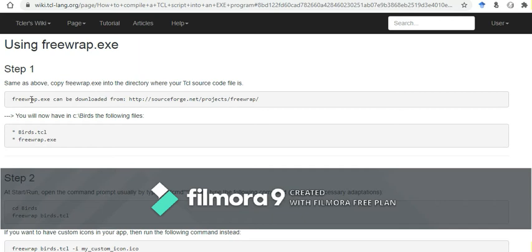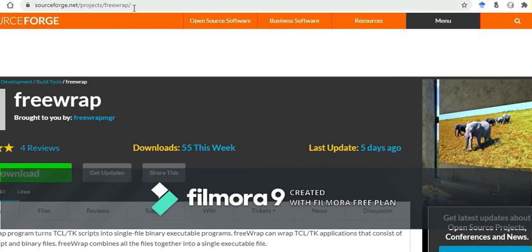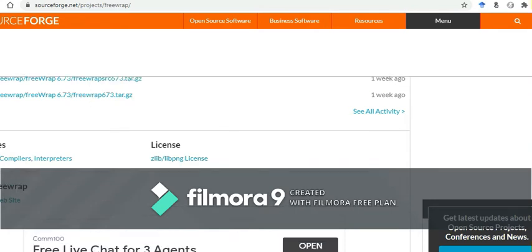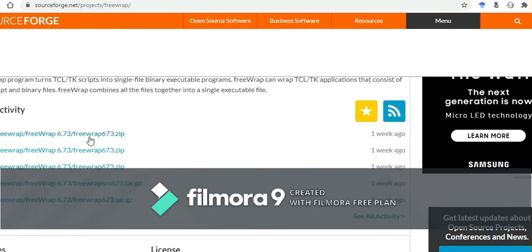FreeWrap can be downloaded from SourceForge.net. It provides the download option, but be sure to download for the Windows platform rather than BSD or Linux. At the bottom it shows the different file extensions. We can go for the 673 zip file supported by the Windows platform.